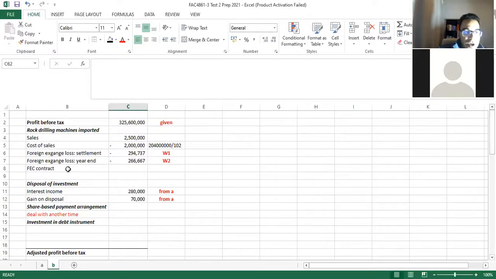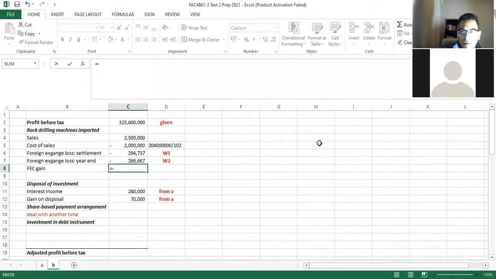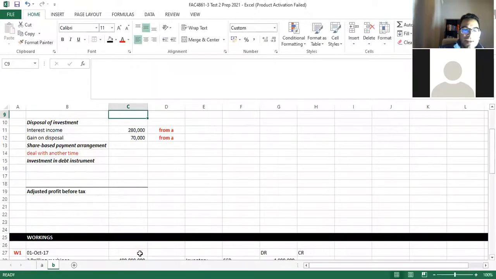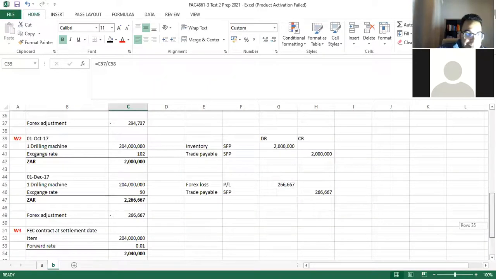So the FEC contract, the FEC gain is equal to 360. So it's very important to understand. You have to look at the absolute numbers over here. Okay, so let's just quickly understand. If we have a look over here,